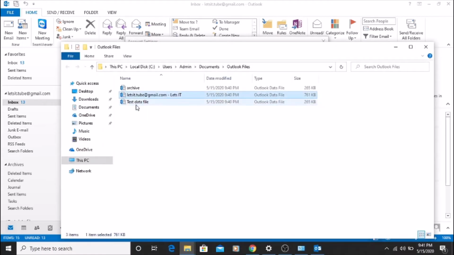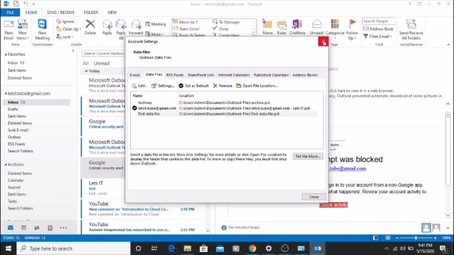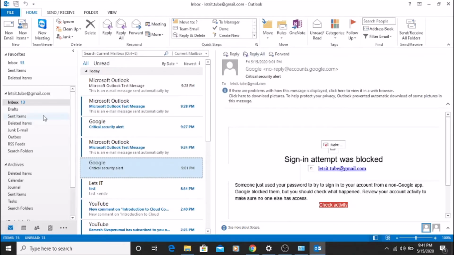See, this is my primary PST file, this is a test data file which I have created, and this is your default archive PST file. Whichever file you want to copy, you can copy to any other machine as a backup. Before copying, make sure that Outlook is closed, otherwise it will not allow you to copy. Okay, so that's how you create a PST file and configure archival.